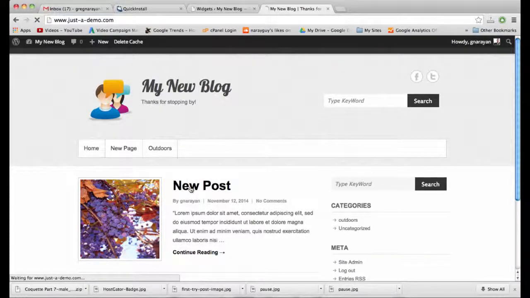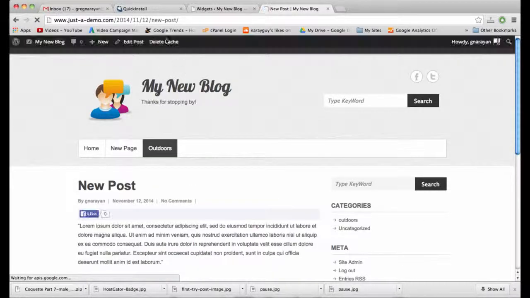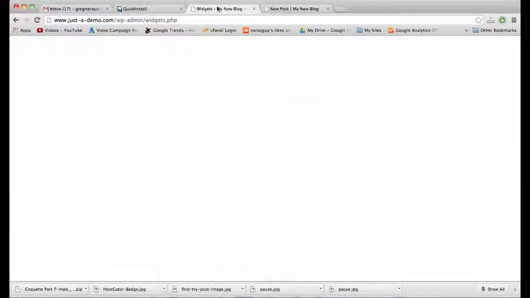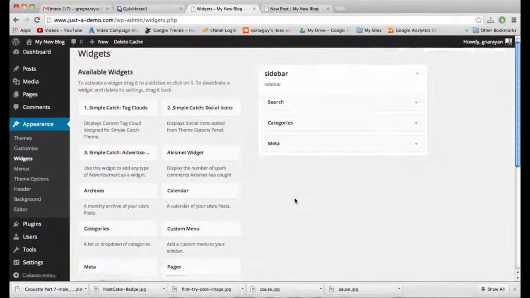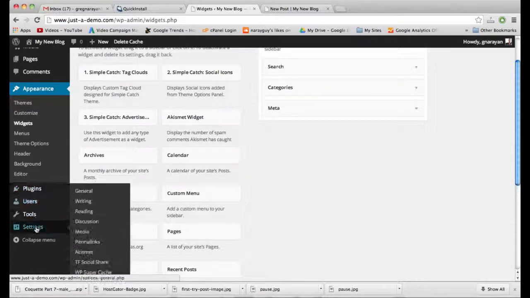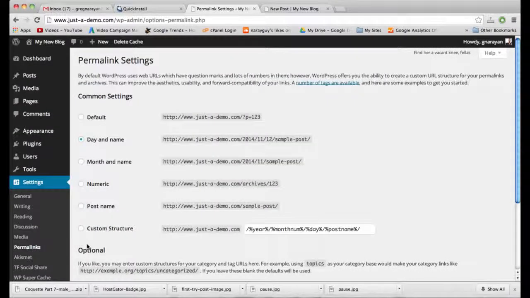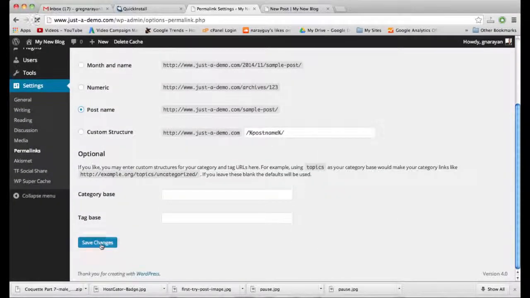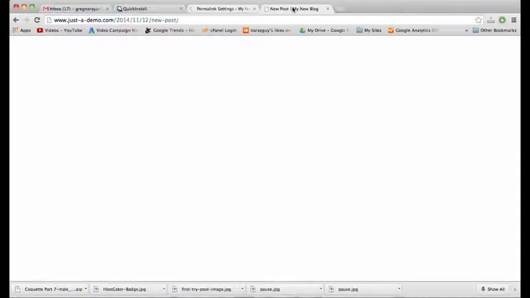Okay, a couple other details I want to show you on this post. I don't usually like having the date up here in the link. Alright, this is just a minor theme edit, but having a date up there will sort of outdate your posts over time, and Google likes things to be really current. So if you go to Settings and Permalinks, then we can actually just choose a post name structure, which is simple, and Google likes simple. So we can save changes,